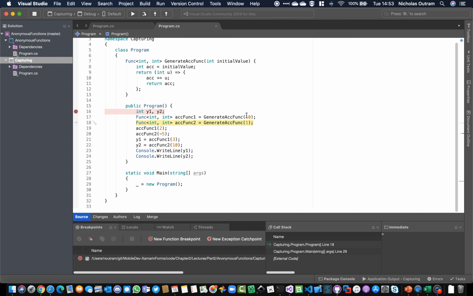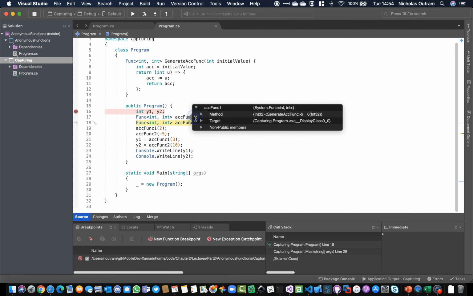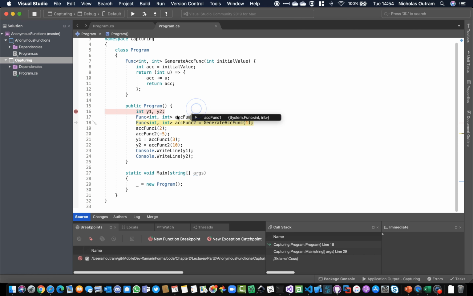Now we go to the next line. Before we step into that one, let's just check this. If we hover over acfunc1, we notice it's a function type, System.Func of int, takes an integer, returns an integer. So what we've got back is not a value, but just another function. But that function has also captured ACC with its initial value of 10. Now when we go into the next one,